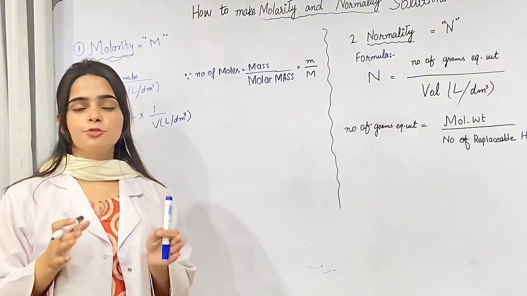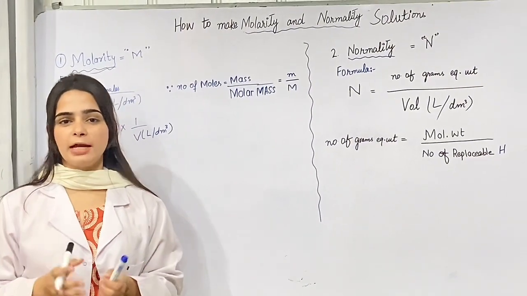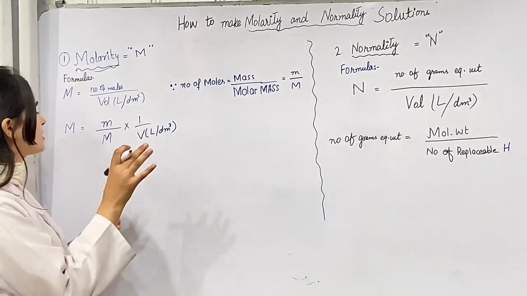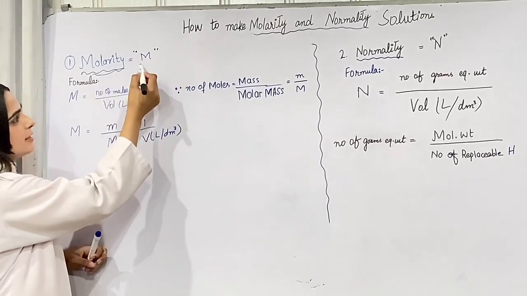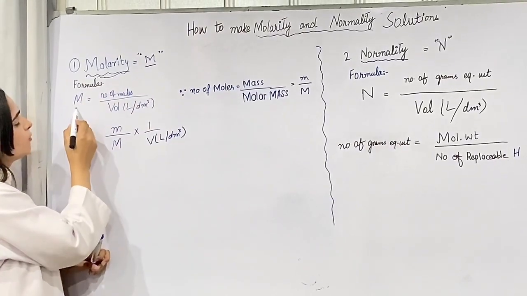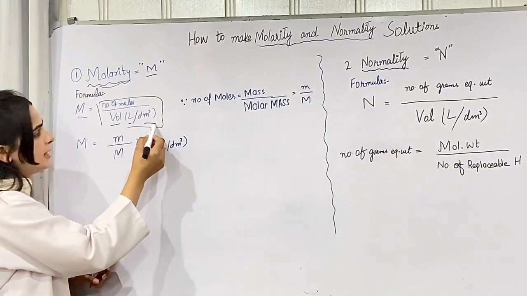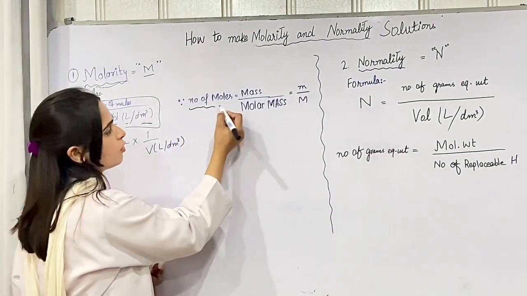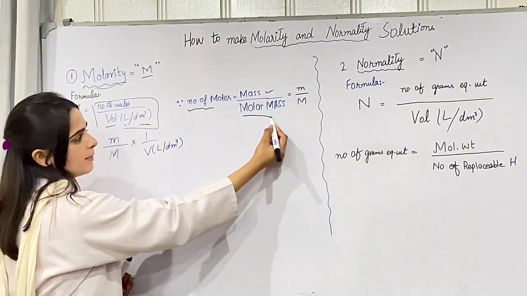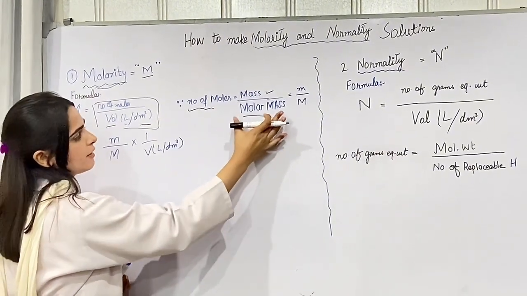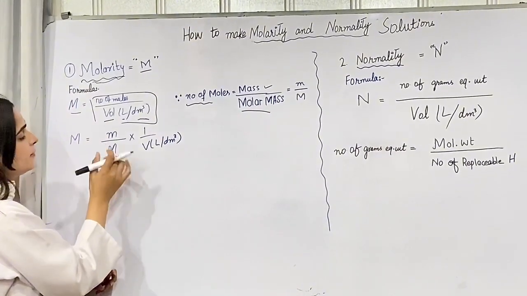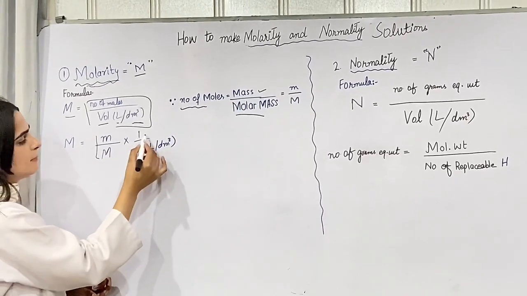Everyone. Today we will discuss how to make molarity and normality solution. First of all, molarity is represented by M. The formula of molarity is number of moles divided by volume in liter or dm3. As we know, number of moles is equal to mass over molar mass. So we will put the value of number of moles here, that is mass over molar mass multiplied by volume